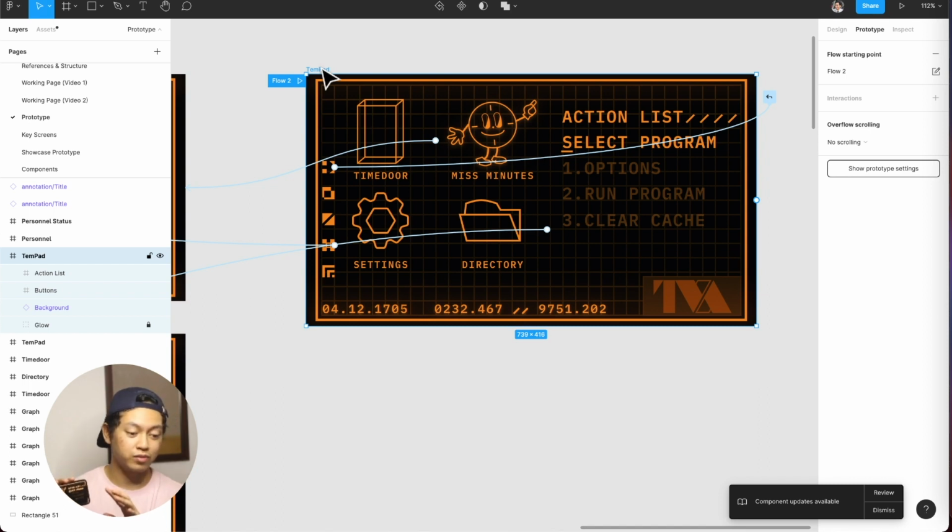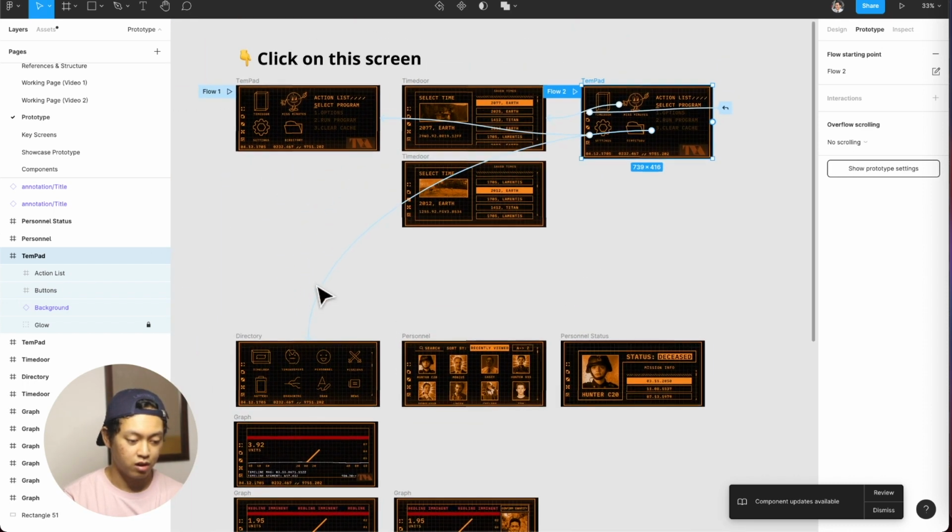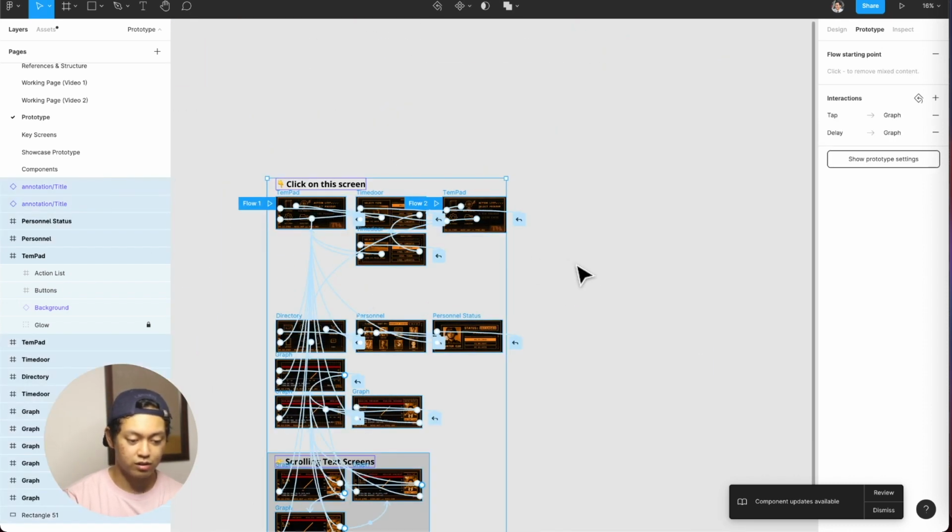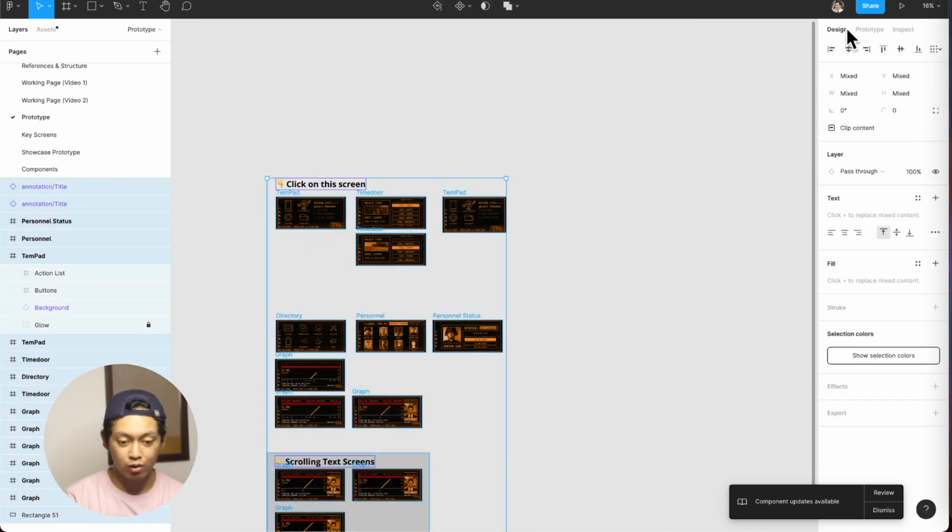Now, to bulk resize everything, what you can do is select all the files or all the pages by clicking Command A or Control A. And if you go into the design panel on the top right, you can change the width and height of everything so that it all changes at the same time. So for example, let's just,